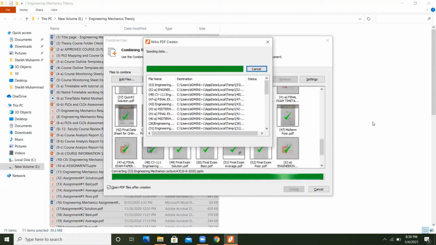And my lecture is taking much time because it is in the PowerPoint format, and I have done animation in that lecture as well, so that's why it is taking time. I have also used GIF pictures, and I have transitions as well in the PowerPoint lecture, so it is taking more time. So it is better to put your lecture into the PDF format, so it will take less time. It will be converted earlier as compared to my file.